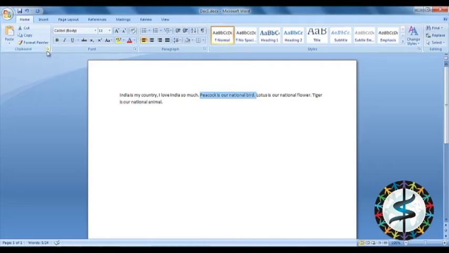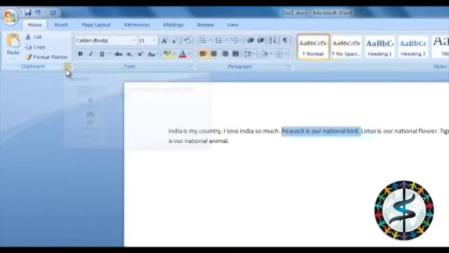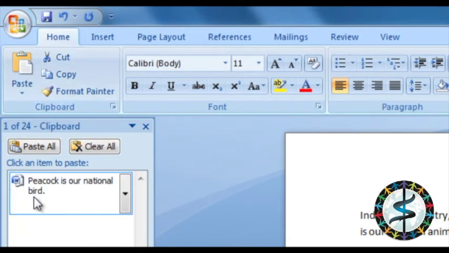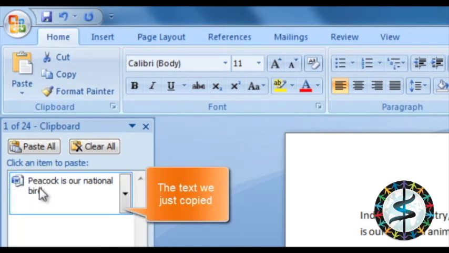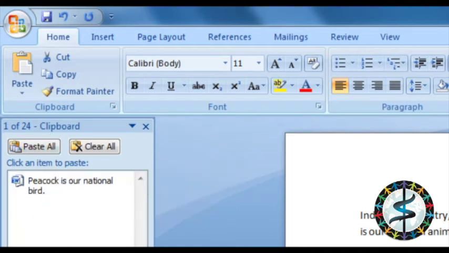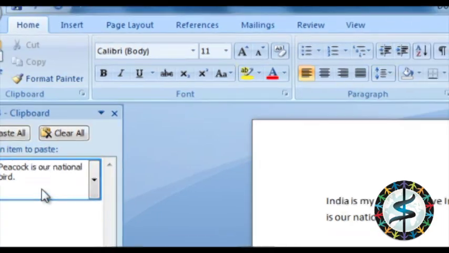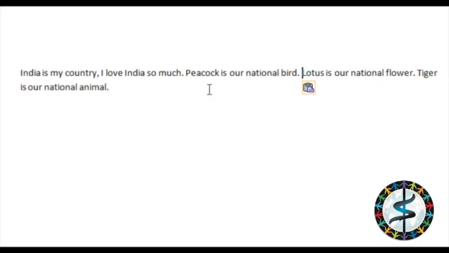But if you click on the clipboard, you can find an entry here which is peacock is our national bird. Now in this clipboard, all the text that you have copied or cut will be placed. So you can select it from here, and now you are ready to paste it.